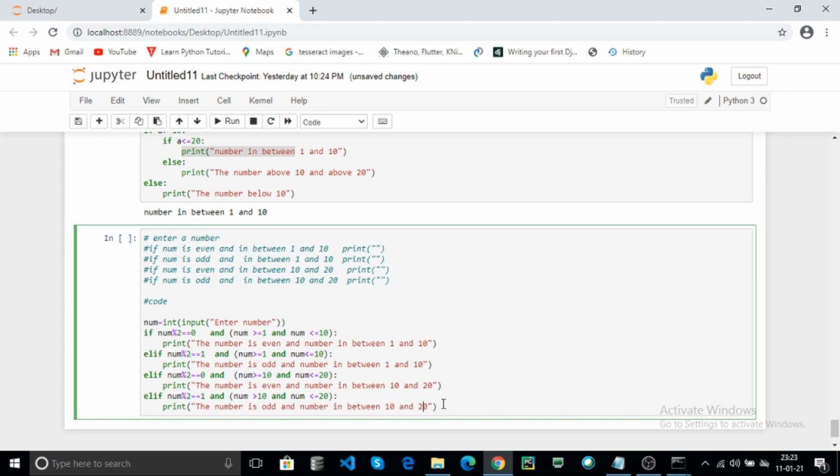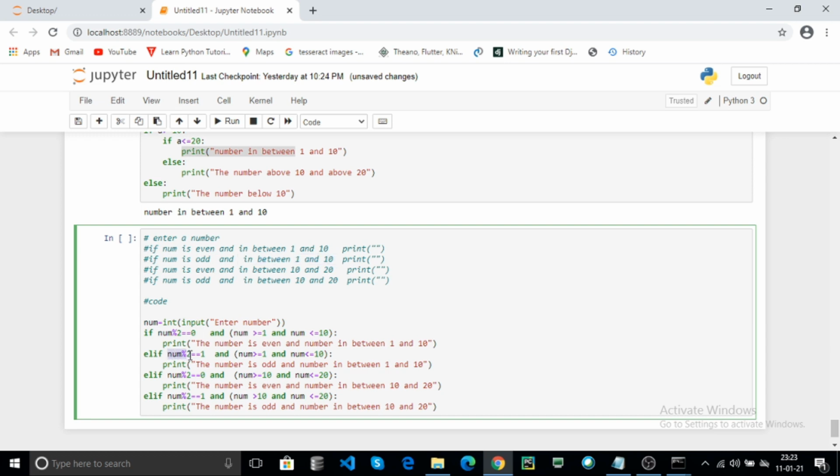Here these are the 4 conditions. Now check the first condition: if the number is even, here the number is even and the number is in between 1 and 10. Second condition: if the number is odd and in between 1 and 10.